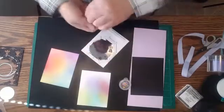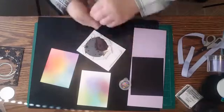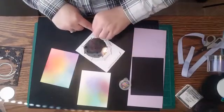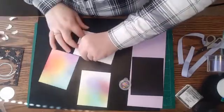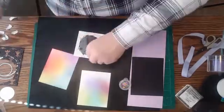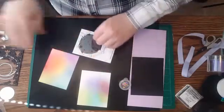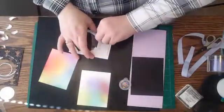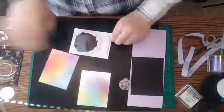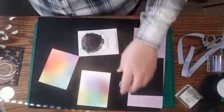And let's see, I think we need a couple more to peel. I think we just about have it. Do I have all of them peeled? Maybe just the little guys, but I don't think those ones matter as much. And then we'll peel this one off. Okay, so the next thing we're going to want to do...